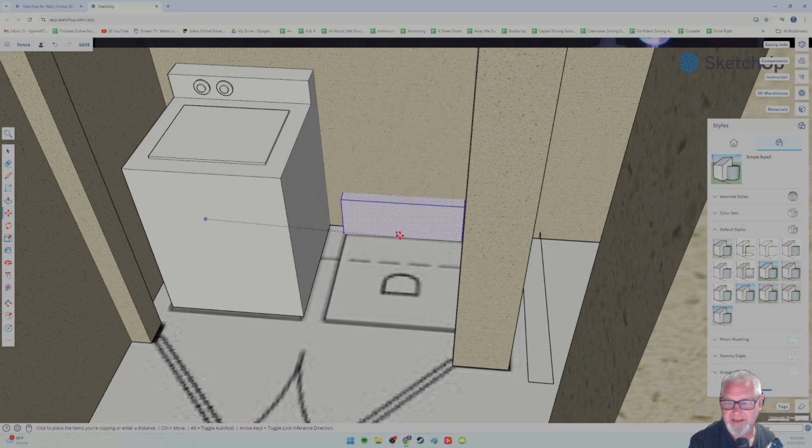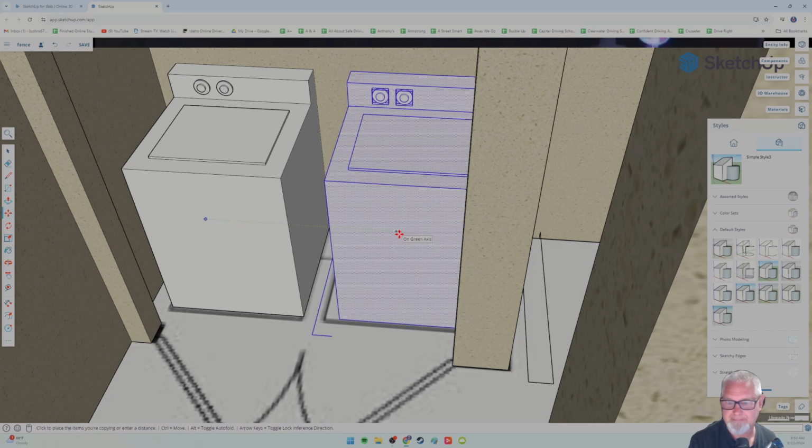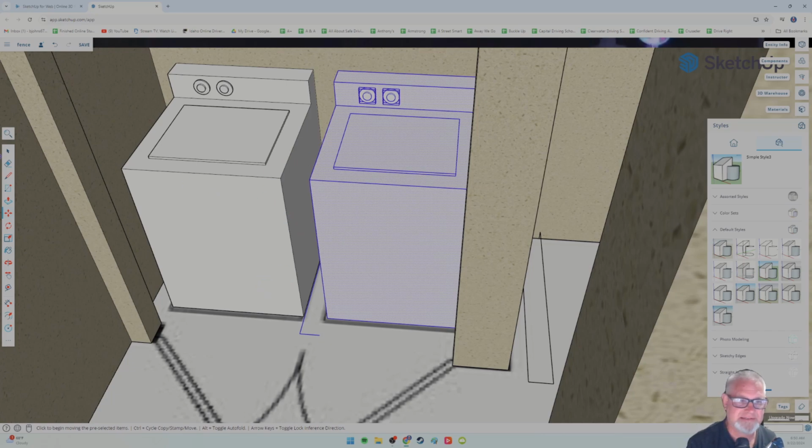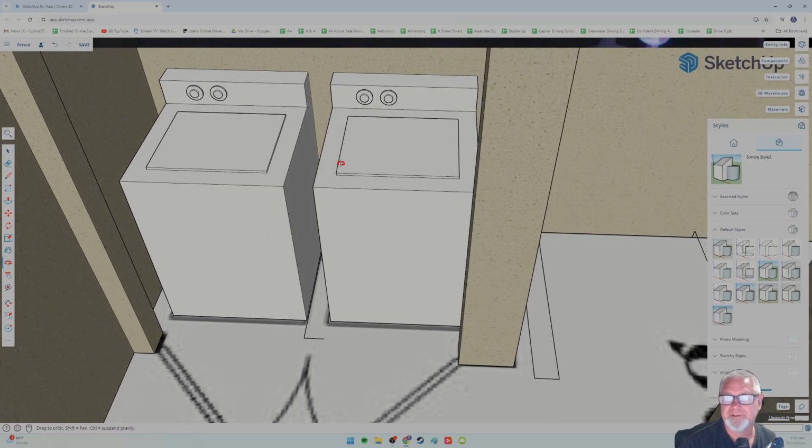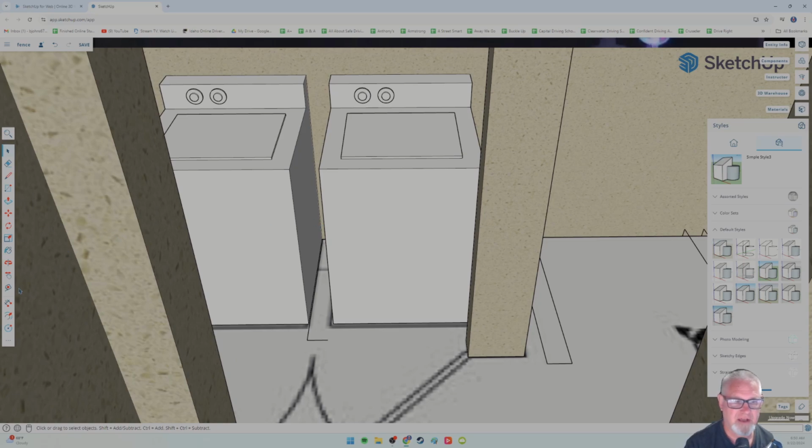Come on, come on, little guy. Just let me go over like 3 inches, dude. Just 3. Yes. Okay. So now what I can do is, see how easy that was? I'll probably move the dials so they look a little different, because I don't want it to look like 2 washers. But what I'll do is I'll use the offset tool,